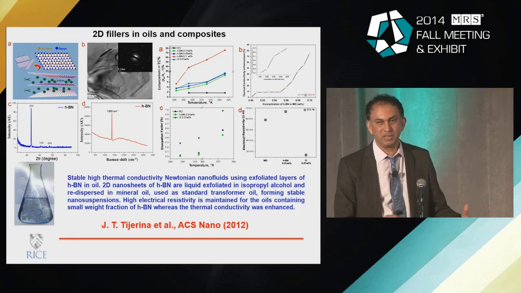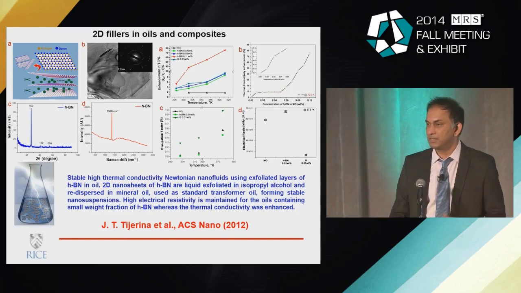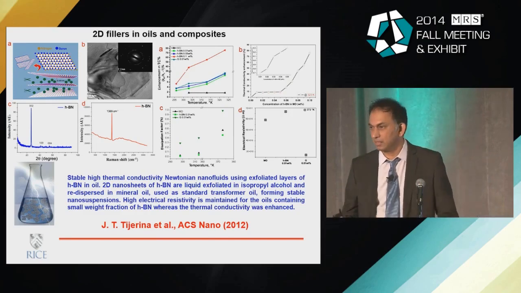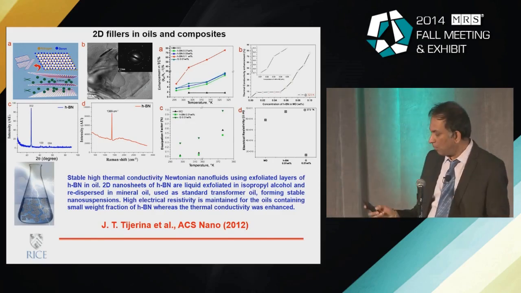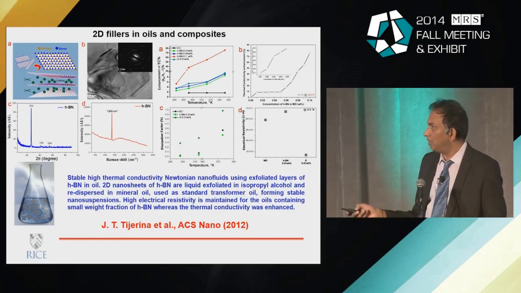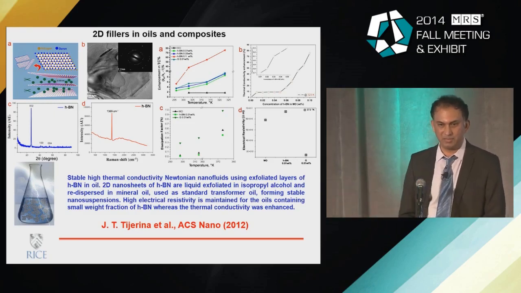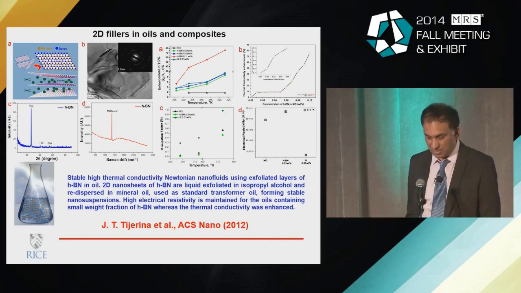And normally, most of the fillers that you put into these kind of fluids either settle down, so the shelf life is very low, or they actually increase electrical conductivity, which is something that you don't want. So something like boron nitride seems to fit the profile very well, because they not only increase thermal conductivity, but they also don't increase electrical conductivity. And we have done quite a bit of work in this, and in fact, this technology is being commercialized.